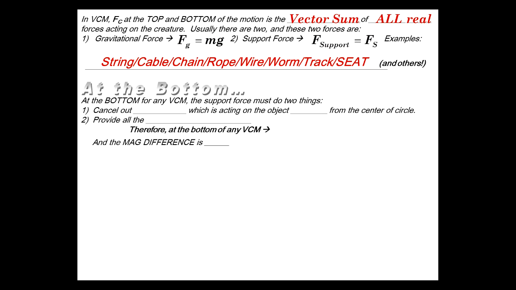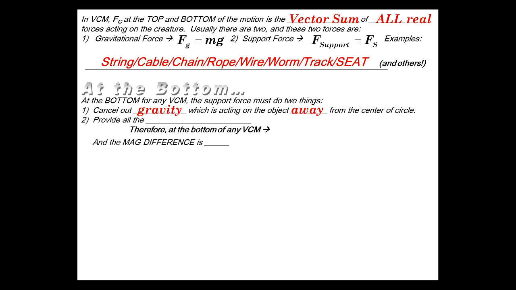If you just hold it there, the tension is equal to the weight. So it has to cancel out gravity, basically, acting on the object away from the center of the circle, right? So here's the circle, here's the thing hanging down, the object here, and gravity acts downward, which is away from the center. But then it's got another job. As this thing is twirling around, at the bottom, not only does it have to overcome gravity, but it has